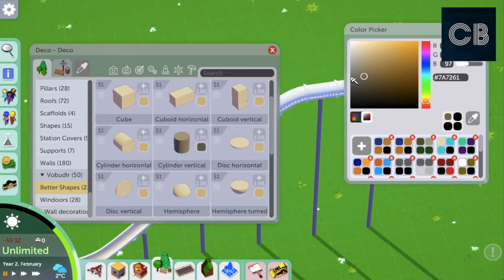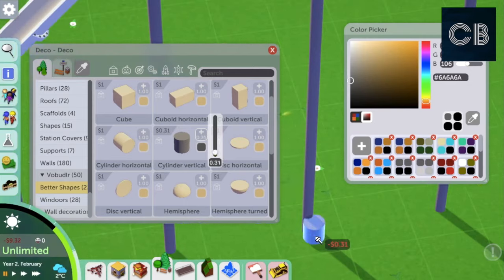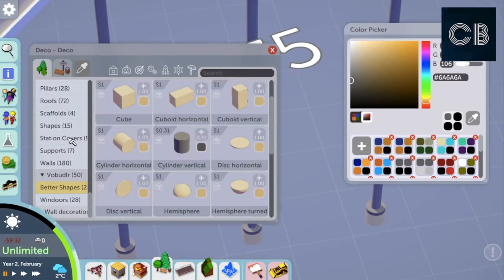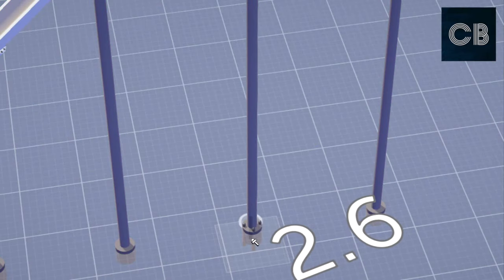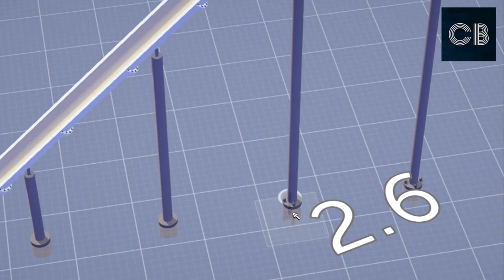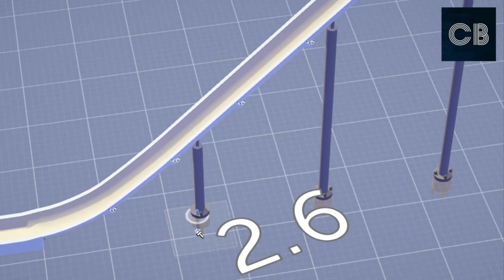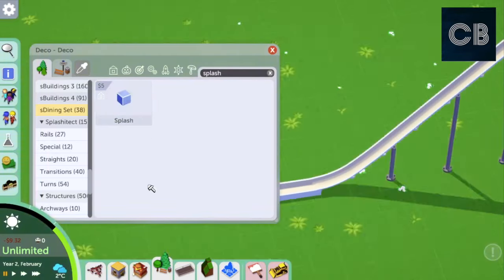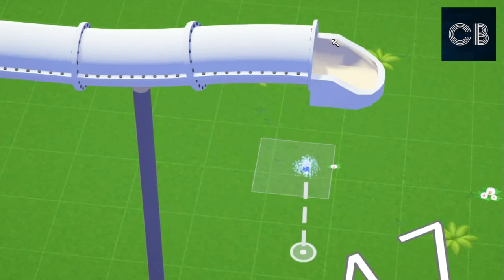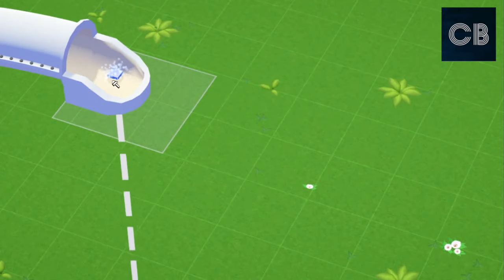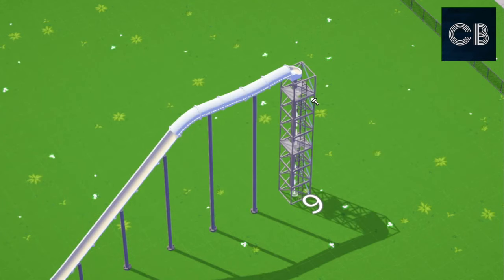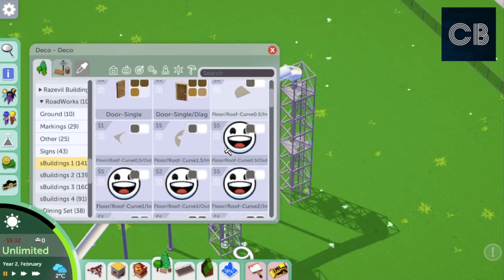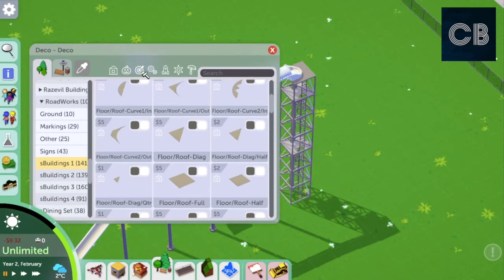I'm going to take a cylinder from the shapes, and I'm going to put that around the bottom of the pillars just to make a footer, and then a pole from the Shy Guys dining set as the bolts. This is something I do very often. If you're used to my videos, you would have seen me do this over and over and over again. So I'm going to use the splash effect just to add some animation to the top and the bottom of the slide. And then I'm going to add this steel support here as the tower for the slide,